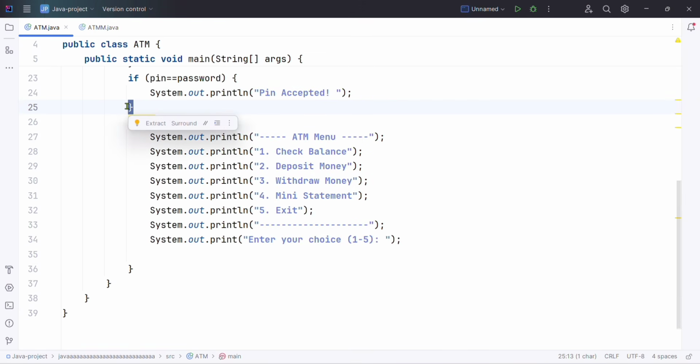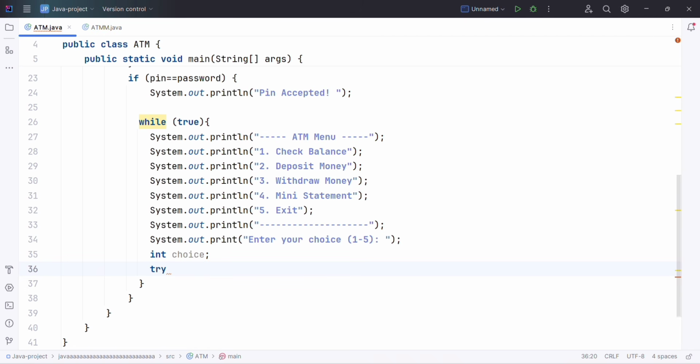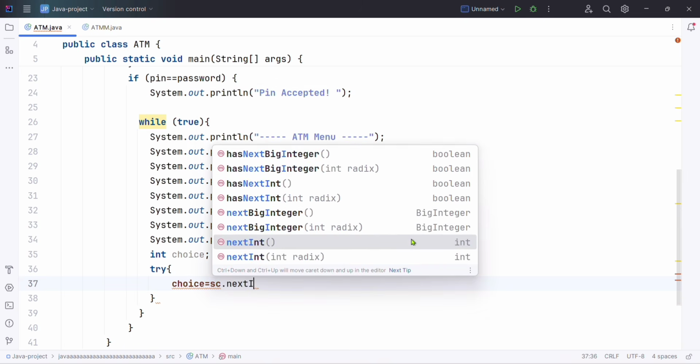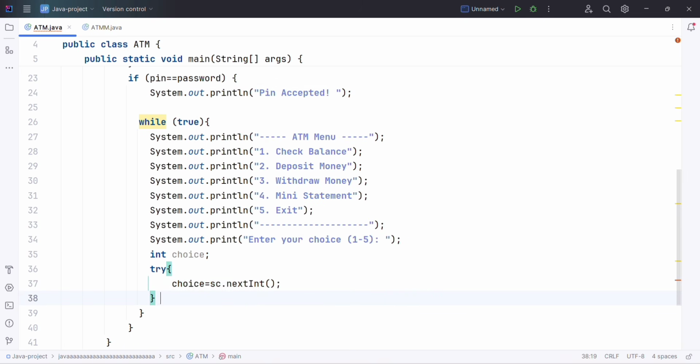Okay, first we need to remove this curly braces, and we can simply paste here. Now we can give the menu choice to the user, so we can type in choice, and again we can use try and catch to handle invalid choice. So we can use try, and in this time we can give choice in the try section, so we can give choice sc.nextInt, and again we can use catch,